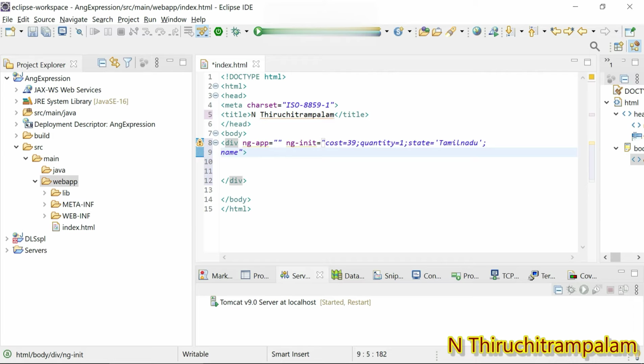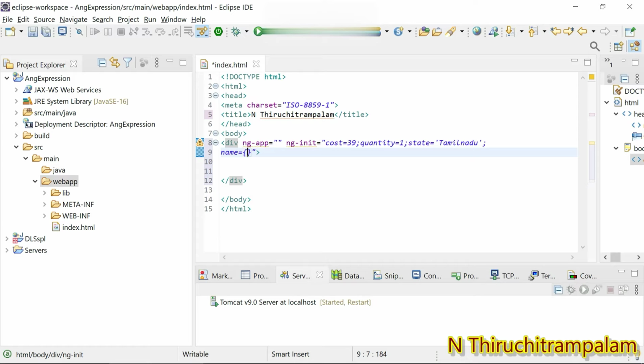Then I give the name as a property name equal, but here I give the curly brace. I just initialize the object, like key value pairs.